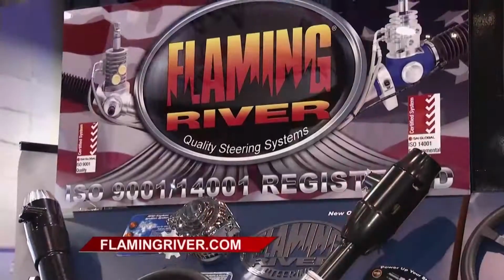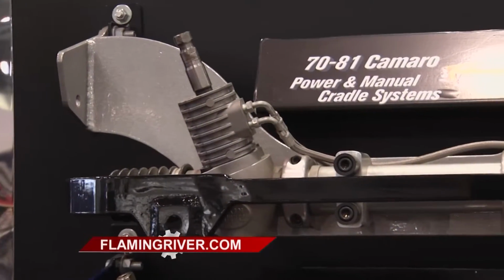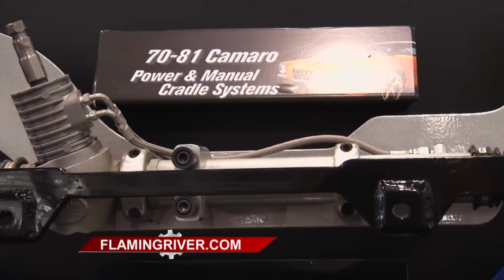If you have a hot rod or an original muscle car, you know the steering can get kind of sketchy on those old cars. But if you're looking for an upgrade, Flaming River can help us. Brett, tell me how. These are our bolt-in rack and pinion systems, and what this design does is bolt in